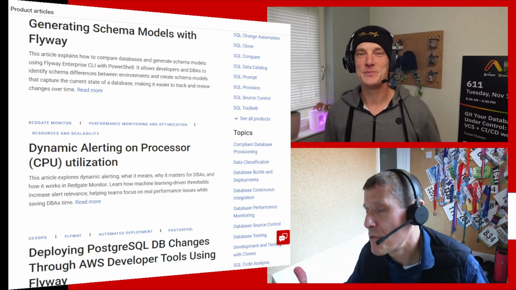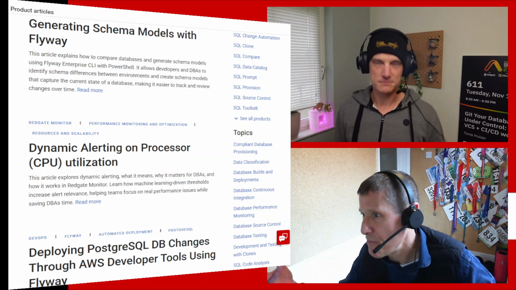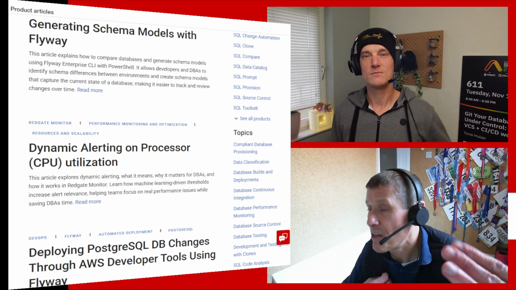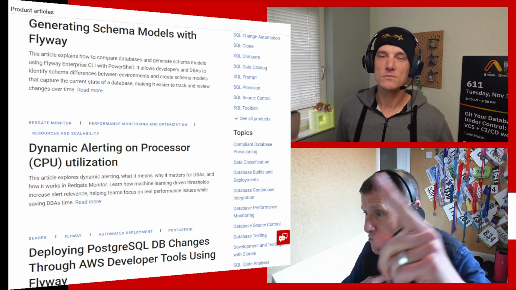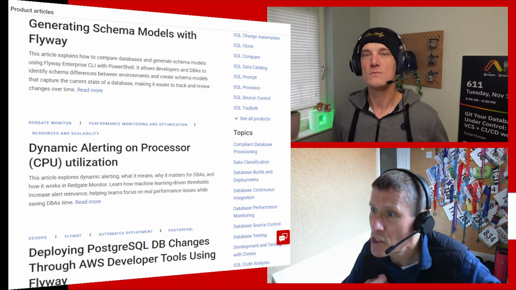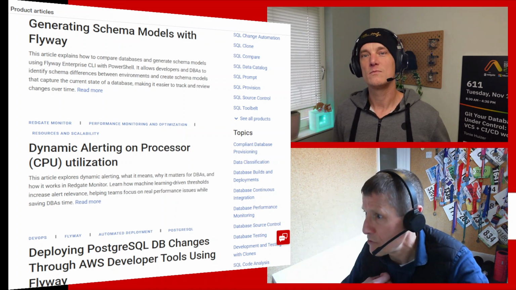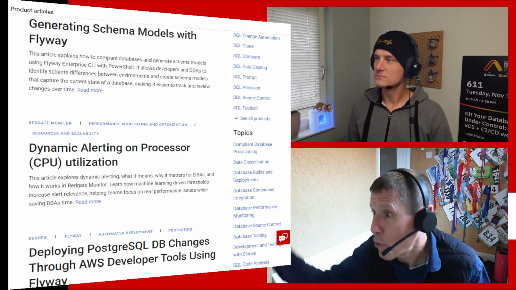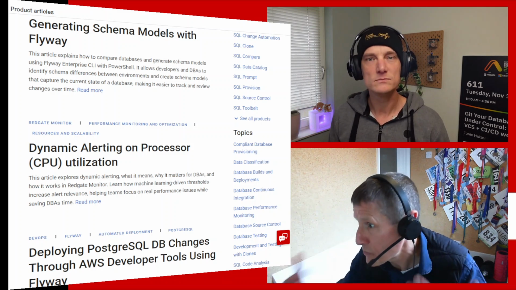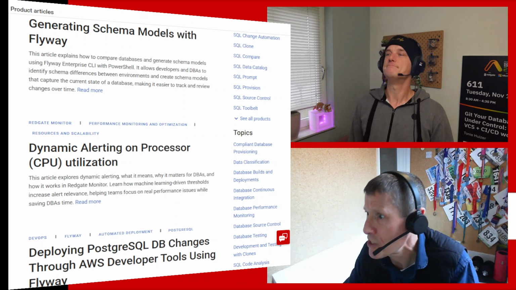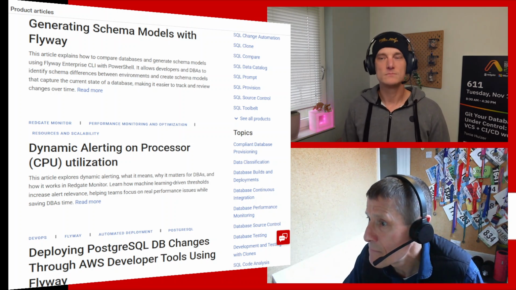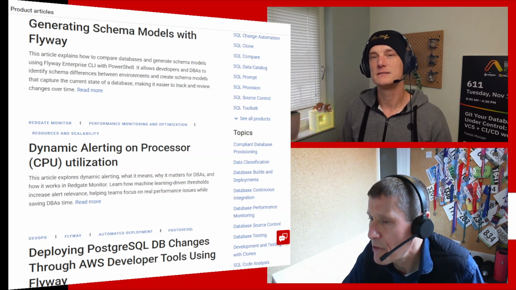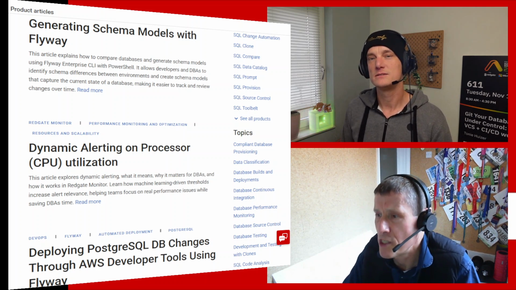Because basically it looks at historical data. So the threshold is set, say, at 75% for CPU. But it looks at the historical data and goes, I know that's going to go above that between 2 and 3 p.m. because it always does. So it just dynamically adjusts it between 2 and 3 p.m. If actually it goes to 90% between 2 and 4 p.m., which is highly unusual, you will still get the alert because it'll have adjusted the threshold back down, and it shouldn't be at 90 still. That's how it works. So it's a dynamic process. It's not a permanent adjustment or anything.